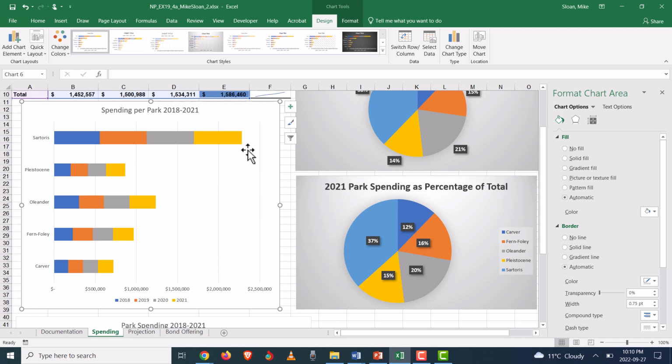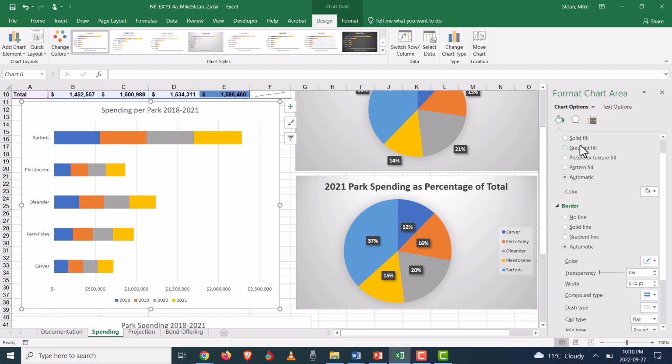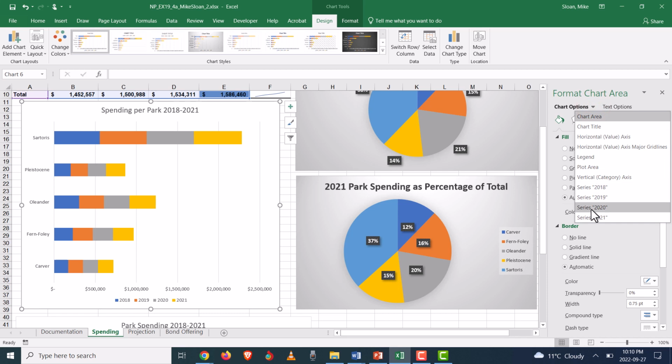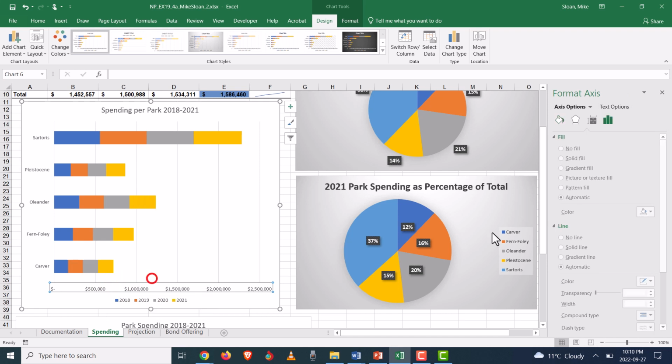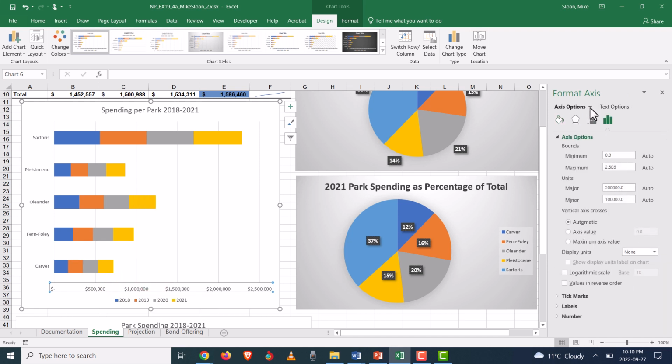Sitting anywhere on the chart, if you just click on the chart, you can see I'm in the format chart area right now, and I have the chart options expanded, which I was clicking to show you all the different things you can go into from here. I can go directly to the axes, and it will give you axis options. You can right click on them. You can go to them from here. If I click on that, I can right click and format axis, but the stuff is already up here to a degree. The different formatting you can do when you right click and go to format axis gives you